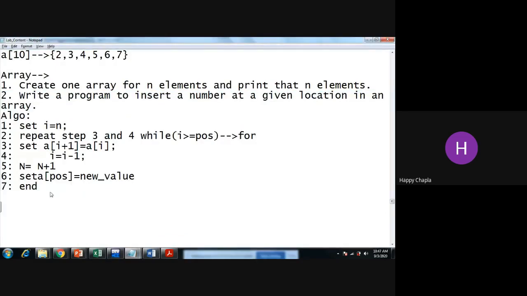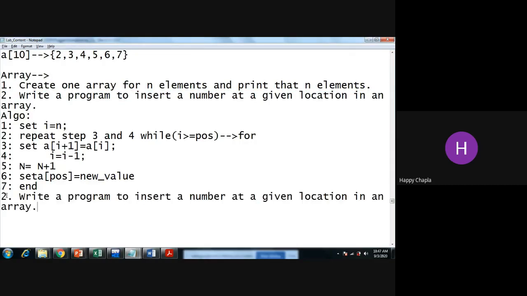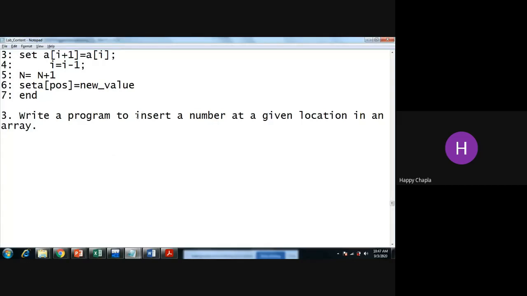Okay, now the program number 3. Delete a number at a given location in an array. So what we have to do, we need to delete one element from the array. Whatever position they suggest to us, from that position we have to delete that number. So for this, I'll just give you the